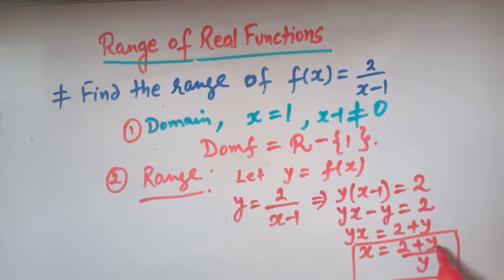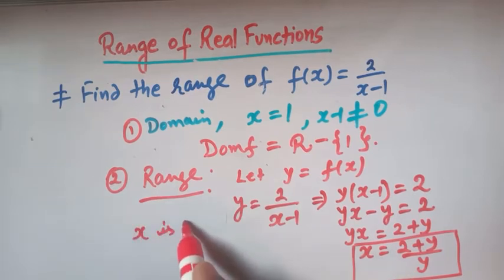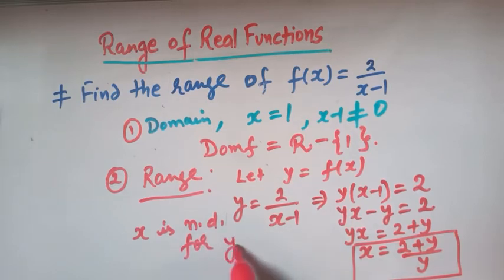Y is the dependent variable and x is the independent variable. So we have x is equal to 2 plus y over y. So obviously here we see that x is not defined. X is not defined for y is equal to 0. So therefore the